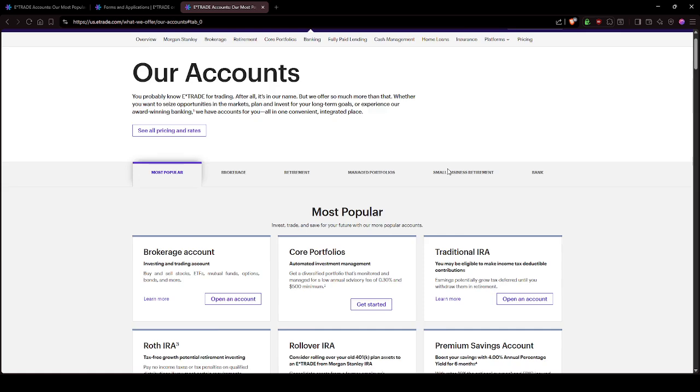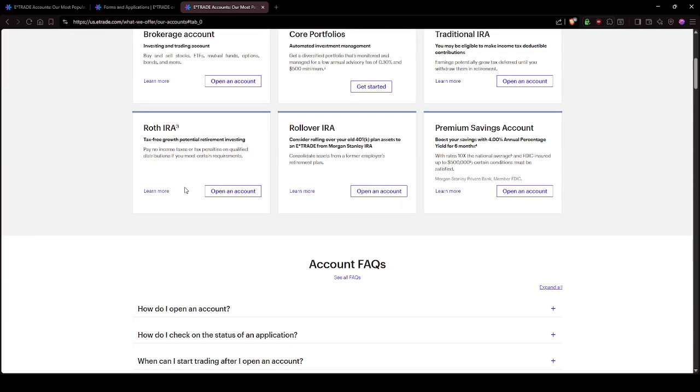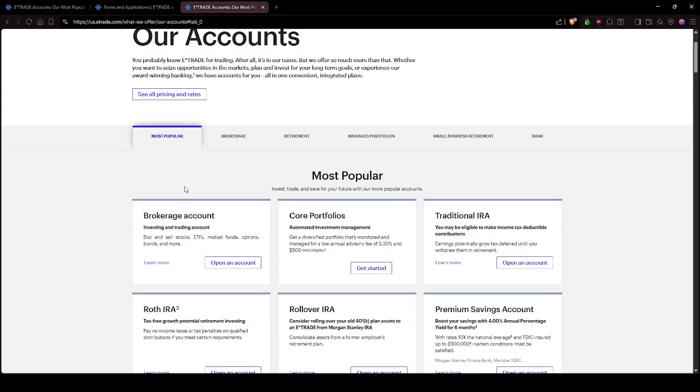After submitting your application, ETrade will review it, and you will receive a notification about its approval status. If approved, you can start trading on margin within your account. Remember, while a margin account can amplify your gains, it can also increase your losses, so be sure to trade